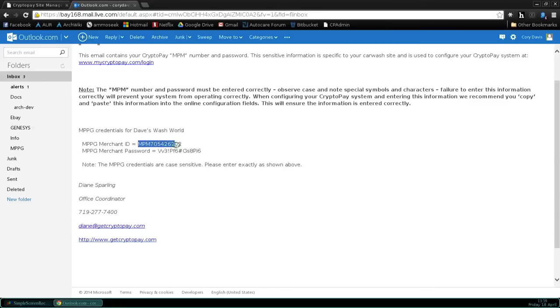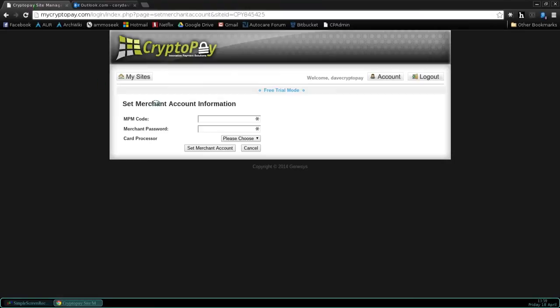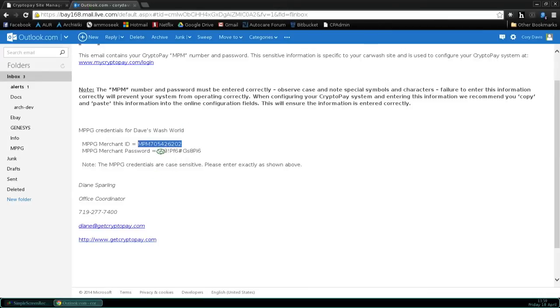Here's the email for Dave's Wash World. I would suggest you cut and paste the merchant ID and the merchant password to ensure you get it entered correctly. So we've done that. We've cut and pasted the merchant MPM code, and now we're going to paste it in to where it says MPM code. Back over to the email you received, and we're going to go ahead and copy the merchant password,